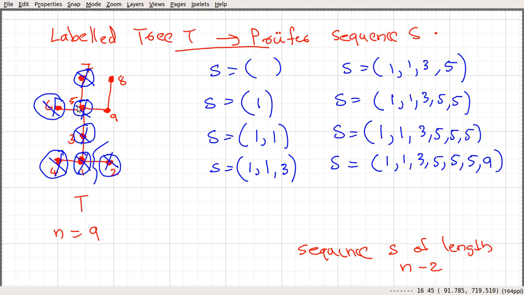Now we can see that after deleting this 5 we are left with K2, and we stop there. This is the sequence that we are looking for. The length of the sequence is 1 2 3 4 5 6 7. The number of vertices is 9, and 9 minus 2 equals 7. So this is how we convert